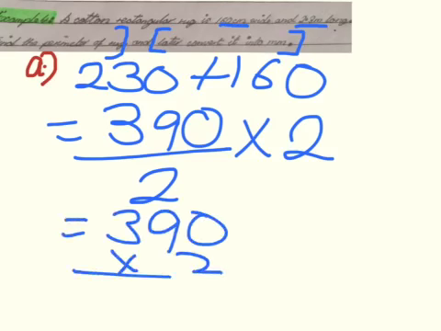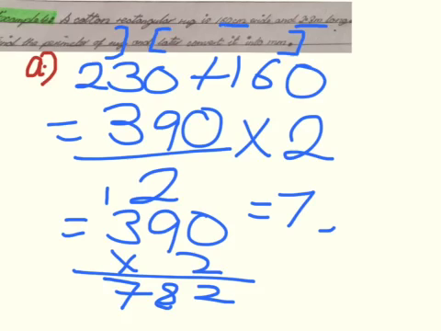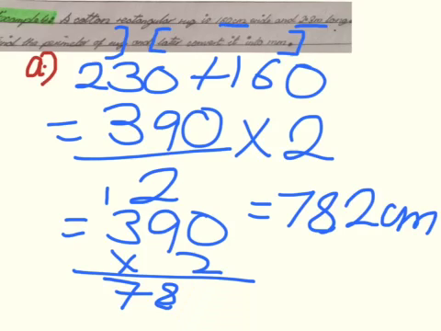390 times 2. 2 nines are 18. 2 threes are 6 and 7. That means 786 centimeters. The reason why we times it is because we've only found just 2 lengths of it. It's a rectangle, okay? The other 2 will be found when we times it by 2, which is 2 zeros are, sorry, we made a mistake. It is 2 zeros are 0. 2 nines are 18. 2 threes are 6 and 7. So the answer is